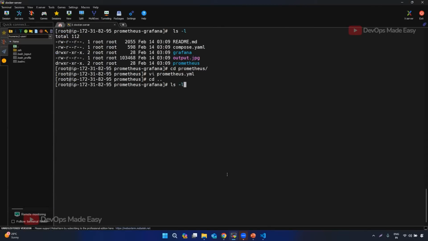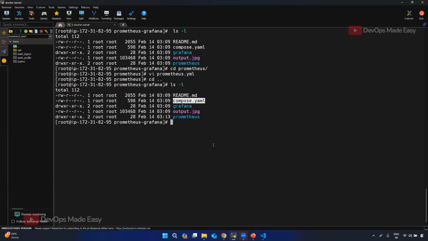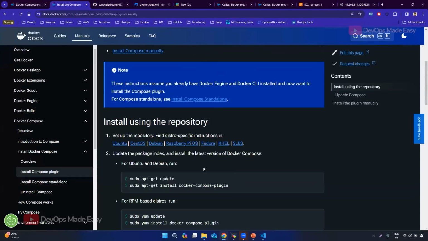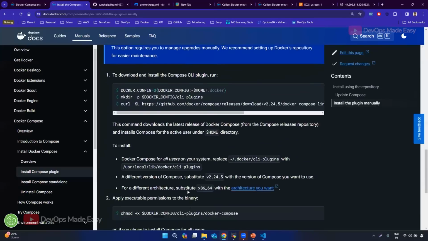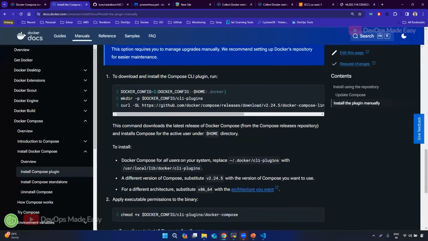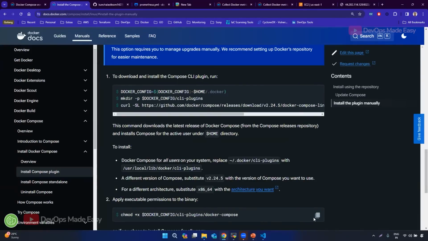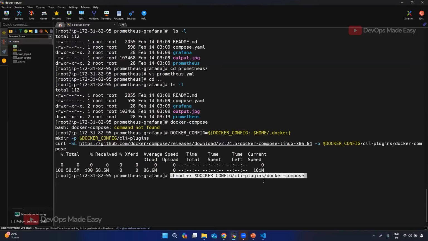Okay, and if I do ls -l, I have the compose.yaml, right? So let's bring up this Docker compose. Okay, so docker compose or sometimes docker-compose is not there because it's a fresh VM. Let's install it. Okay, so manually, just like before, let me just install it and then change the permission. Okay, and then use docker compose